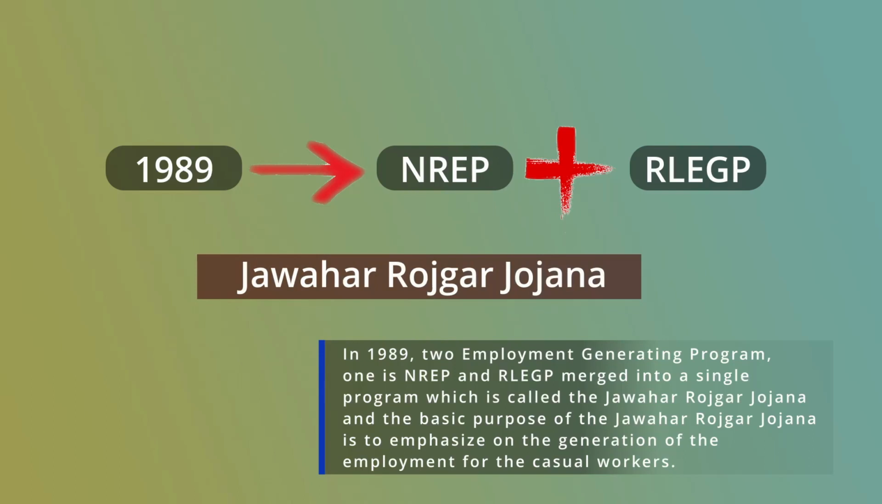Jawahar Rozgar Yojana. And the basic purpose of the Jawahar Rozgar Yojana is to emphasize the generation of employment for casual workers. No doubt these attempts were in the right direction, but the experience at the implementation level was very disappointing. The basic problem was that there was no coordination among different types of programs, as well as ineffective implementation of the programs, so we are not able to observe their effectiveness in respect